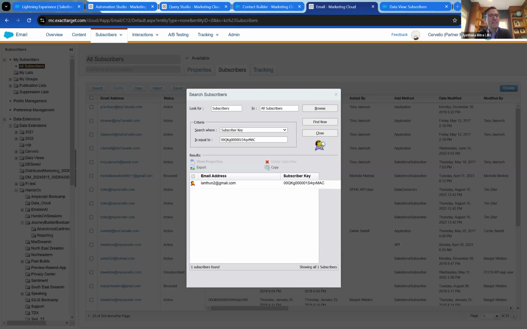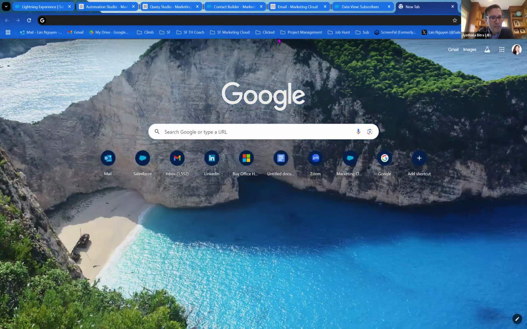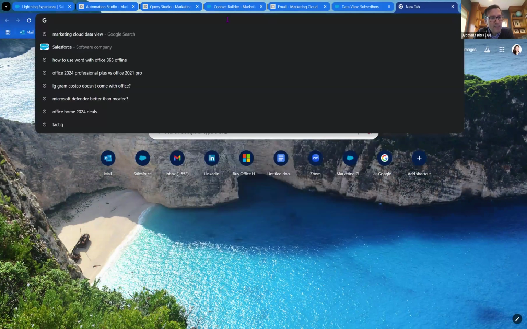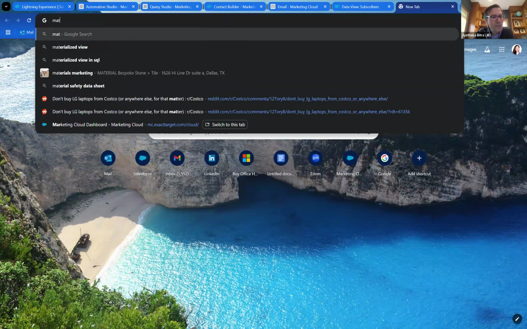So I would definitely, that's going to be on YouTube in a couple of weeks. I would definitely watch that session. Incredibly helpful, just giving sort of the basics on that. If you create a new Google tab, I'll give you a great resource for those who are starting out with SQL. It's Matthew Dabrowski's. So if you type in Matthew, I think it's M-A-T, you might have been to his site before,